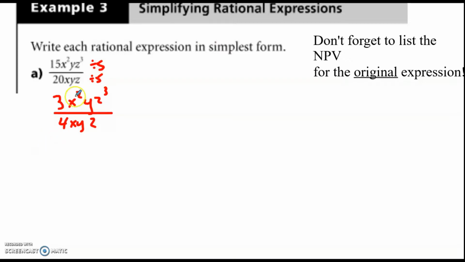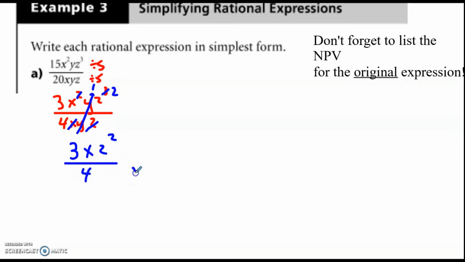Let's see if we can go a little bit faster now. So y divided by y is 1, so I'm going to go ahead and cancel that out to 1. If you have a z to the 3 in the top and a z in the bottom, this z will cancel, and then you can just reduce the exponent by 1. So you have a z squared. Same thing with the x squared divided by x. So x will cancel the squared, and you just have x to the 1. So final answer, you get 3x, and then I got z squared in the numerator